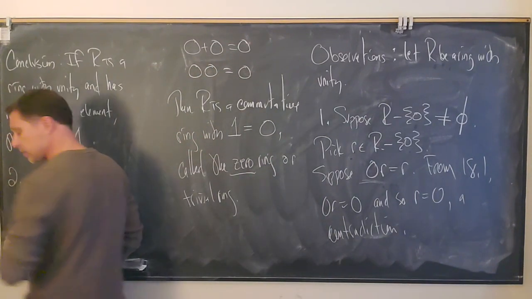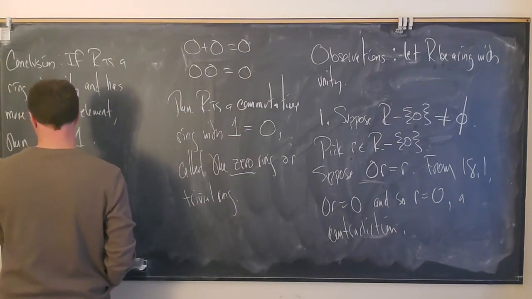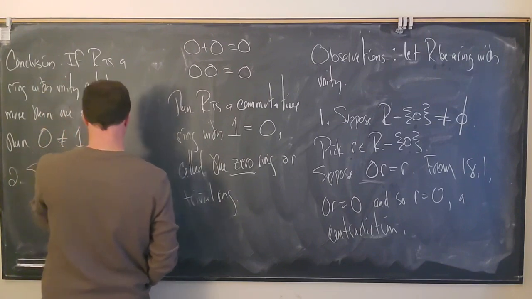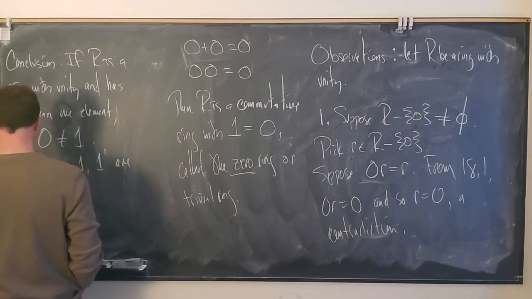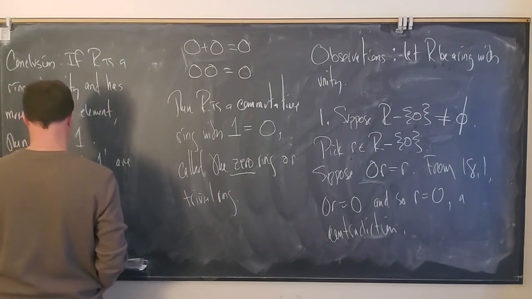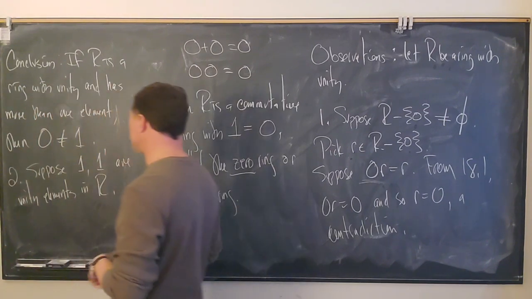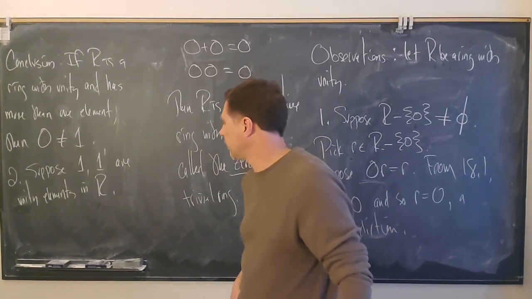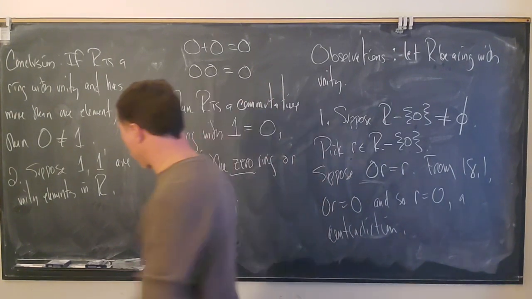Second of the observations: suppose that 1 and 1 prime are multiplicative identities, or are unity elements. What we're saying is, suppose that we have a couple of different unities, and obviously what we're going to show is that they actually have to be the same. So then